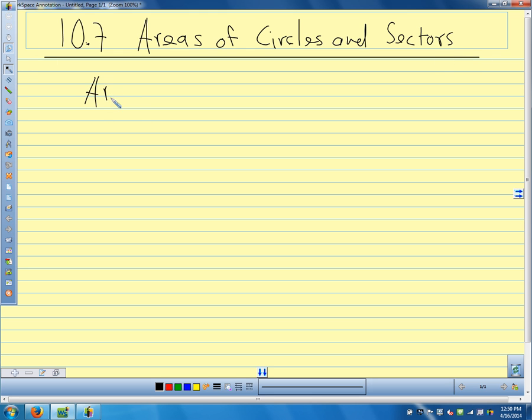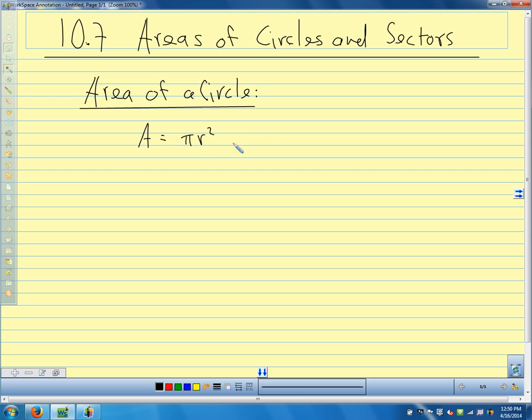All right, so hopefully we all know how to find the area of a circle. What's our formula for finding the area of a circle? Area is pi r squared, units squared. And r is